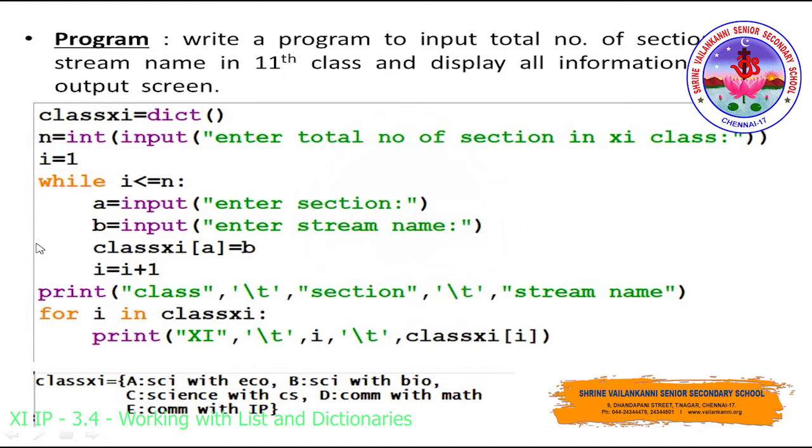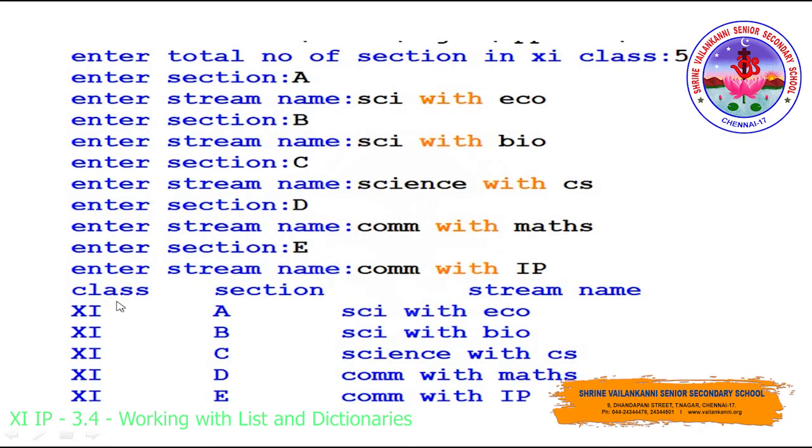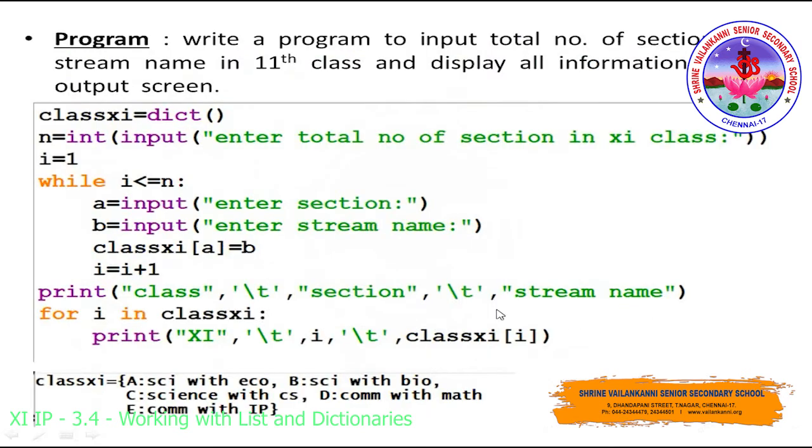So straight away, from the very first line, the statement that marks the end of the loop: print of class followed by slash t, we have given here to provide horizontal space, 4 spaces, section, stream name. All these things we have given here are of string type. So according to that it gets displayed like this. See, class 4 spaces, section 4 spaces, and stream name. As we have given here, it will act according to it, right?